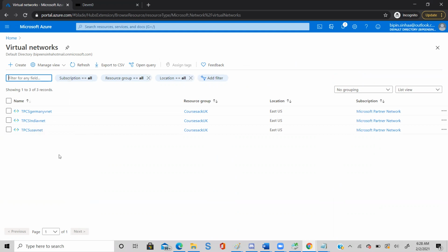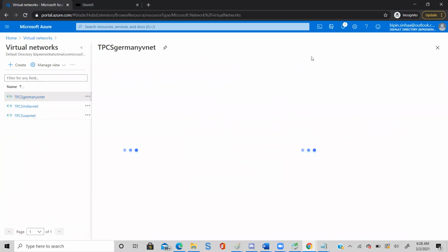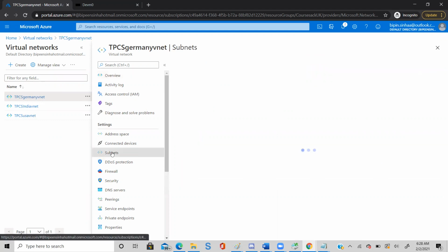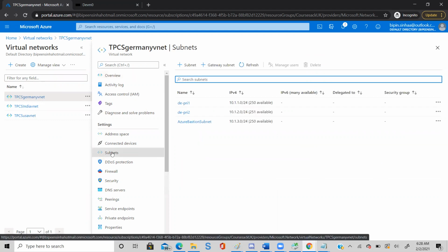Just go back to TPCS Germany. Go back to subnet. All right, correct. So yesterday we created the Bastion subnet, the private 1 and private 2, right?